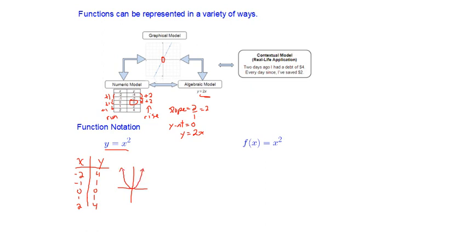Now, the other way that we can express this is in function notation. So this is what we call function notation. And basically, with this function notation, we just give the function a name. And in this case, the function was called f. It doesn't have to be called f. It could be called something else. It could be g. It could be m. It could be anything we wanted to. It's just a name that we're calling our function. And then the way that we read this is just f of x